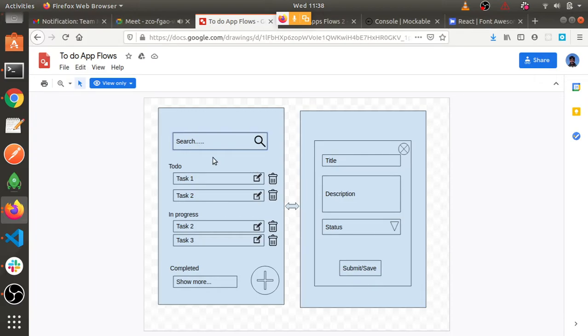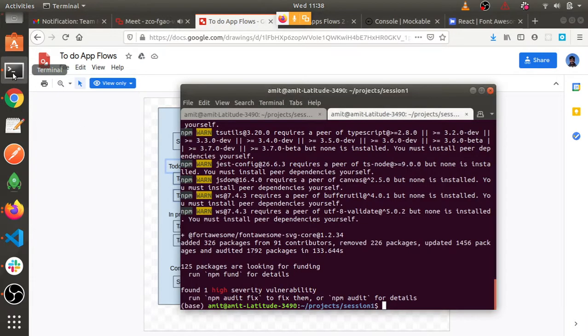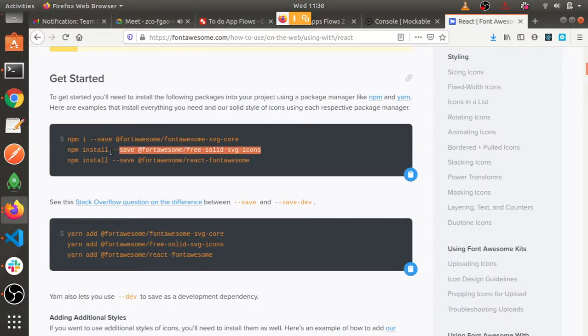If you remember, the components that we had identified were these. First the search box, that was going to be one component. This item that you can see, task 1, along with these 2 icons, was going to be the second component, right? Then this plus sign was going to be the third component, right? And the fourth component was this, the modal, right? So we'll do that one by one, and till then I think this would be installed. Yes. Now we'll go to the next thing.